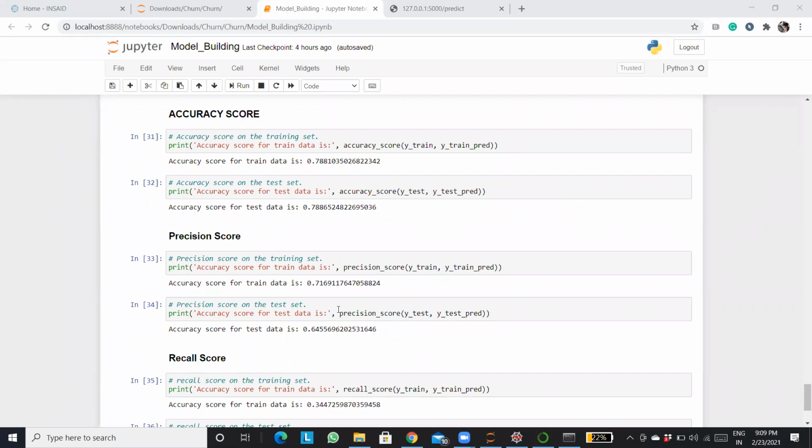Rashesh is asking why we should keep 20% for testing data. You can put 30%, 40%, anything, right? It's a general way to keep 20% as the testing data and 80% as the training data. But it's up to you, Rashesh. You can define it over there in the train test split.